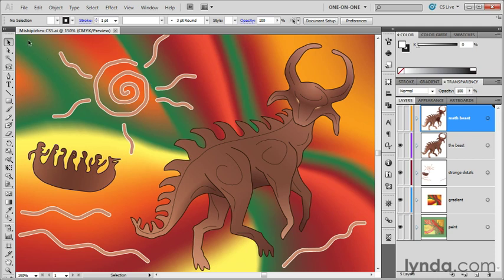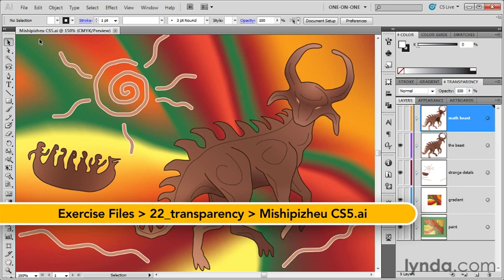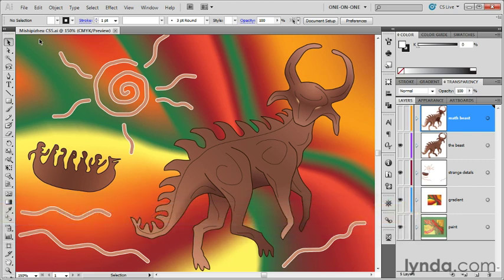I'm looking at a file called Mishipitsu CS5.ai found inside the 22 transparency folder. And if you've been working through my Illustrator series in the past for CS3 and CS4 here at the lynda.com online training library, then you may very well know my obsession with this illustration. I'm constantly fiddling with it, and I've been working on some form of this artwork for like the last 8